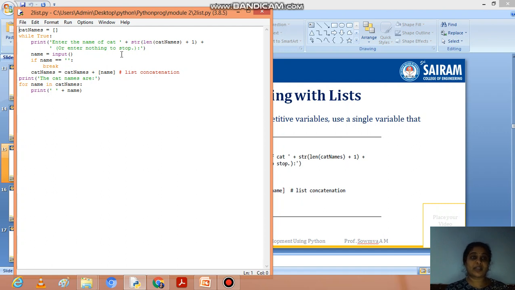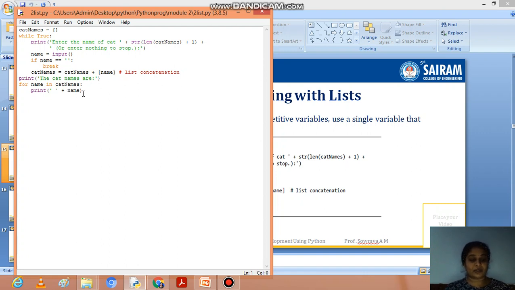You have to enter a cat name, or enter nothing, meaning just press enter, to stop this process. name equals input. If name equals empty, break the while loop; or else, take the name and append it to cat names at the next index. Print: The cat names are. For name in cat names, meaning each name in the cat names, print name, like cat name plus name.